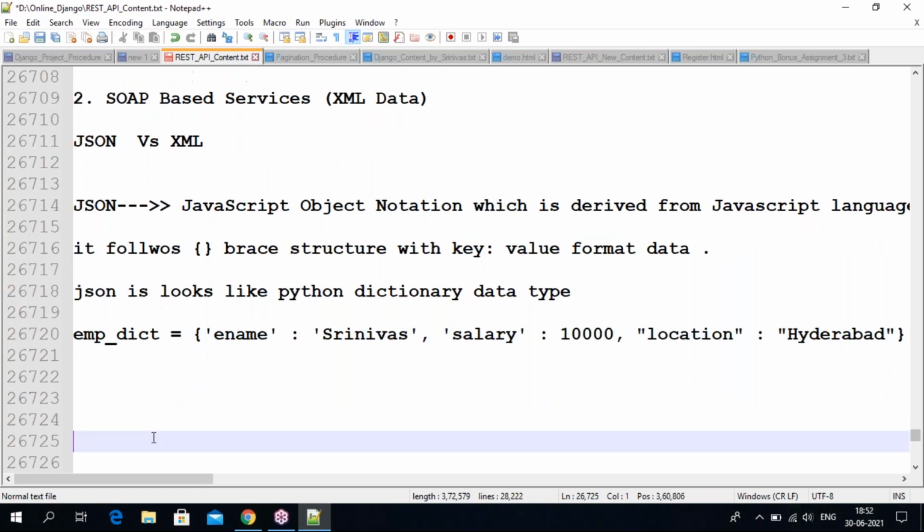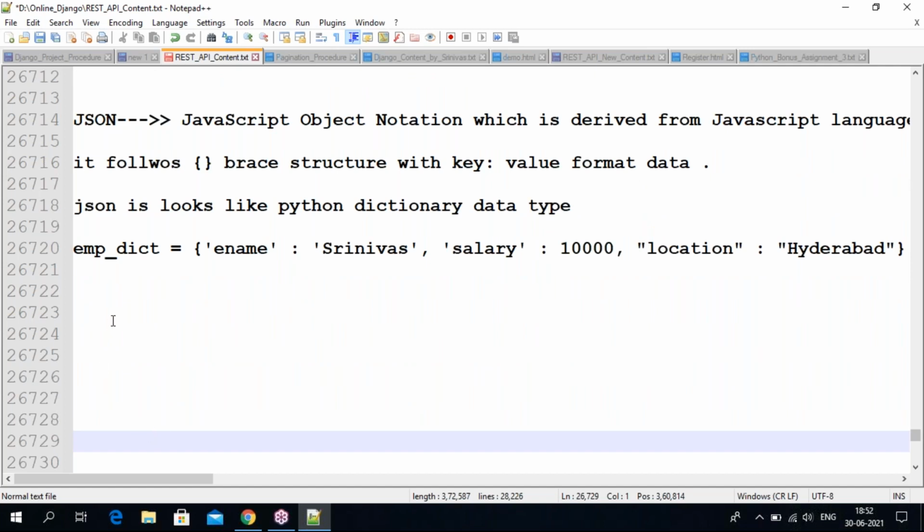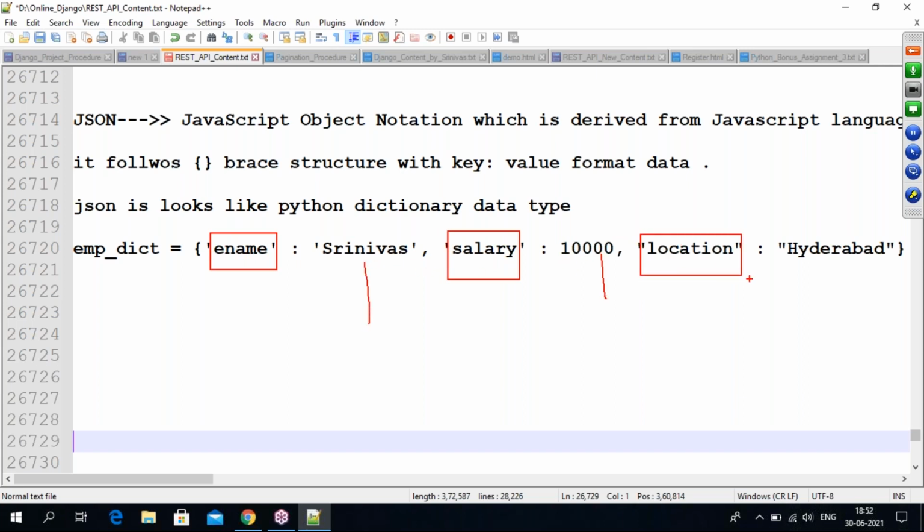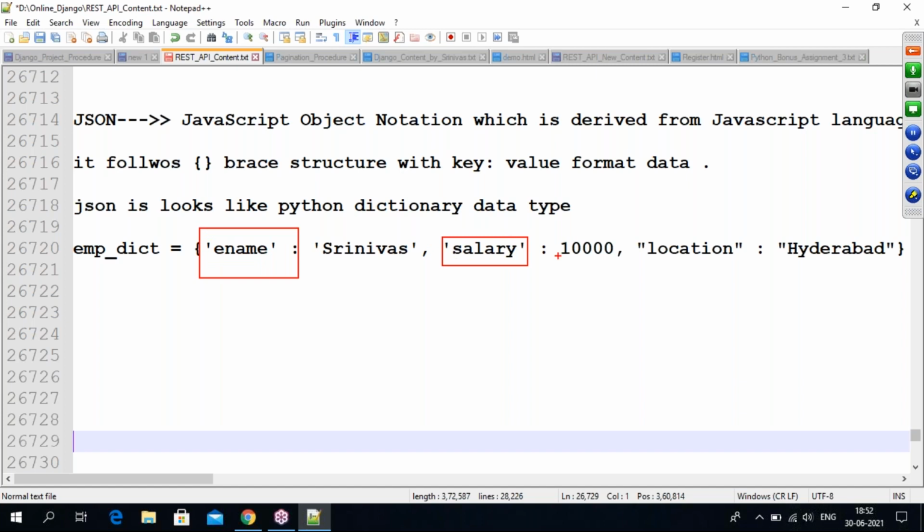Now I want to create JSON. Whenever you create JSON, these things on the left we call keys, and the right side things we call values. In a Python dictionary, keys can be within single quotes or double quotes, no problem, like a string value format.